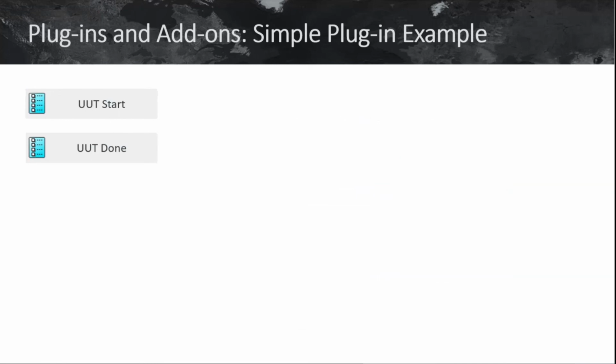Okay, let's start with an example. Let's say we want to create a plugin which converts the result list in a way that it takes all the names of every step that we have configured to record its result. So we take all the names as well as the status. We want to save it as a text file, a simple text file, just like that. So to do it, we need to use only those 2 plugin entry points, which are UT start and UT done. And to be honest, we could just use only UT done,